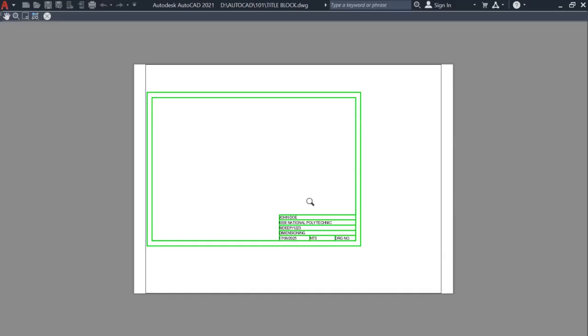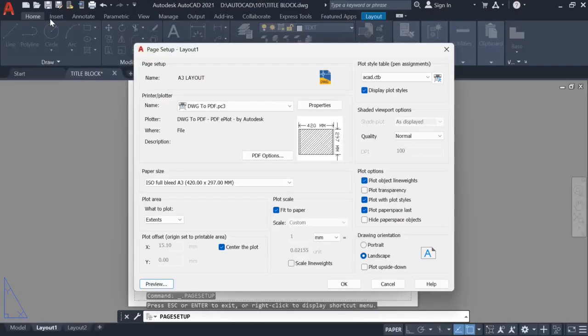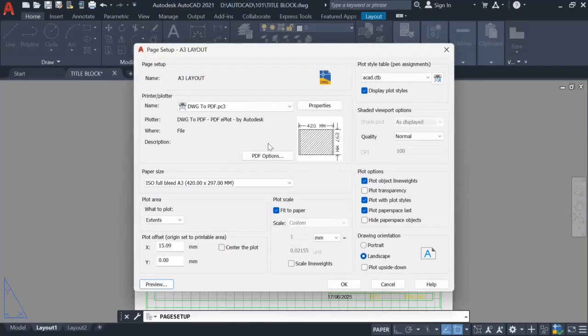So this is what we have created. We want to adjust it now to fit this whole paper. So come and close here. So let us counter check everything is okay. So A3 layout, drawing to PDF,